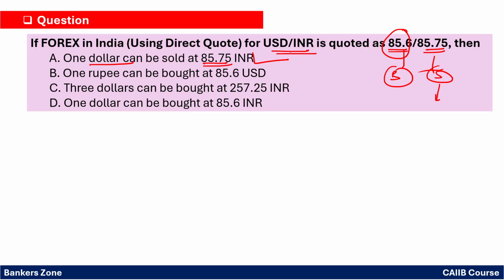However, the opposite party should give that price to us, right? That means we have to consider that. So this is a wrong statement. $1 cannot be sold at this because this is the selling price. But the seller must be able to, or the buyer must be able to buy that. So only the buyer is able to buy at a lower price. So a lower price must be there. Okay. So this is a wrong statement.